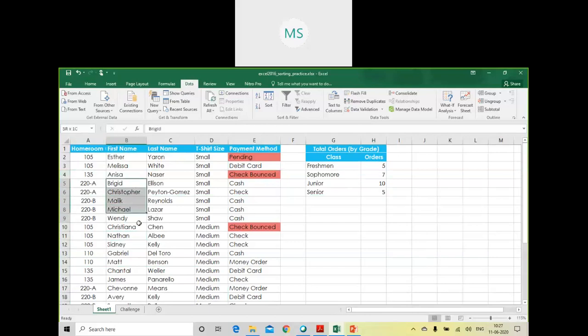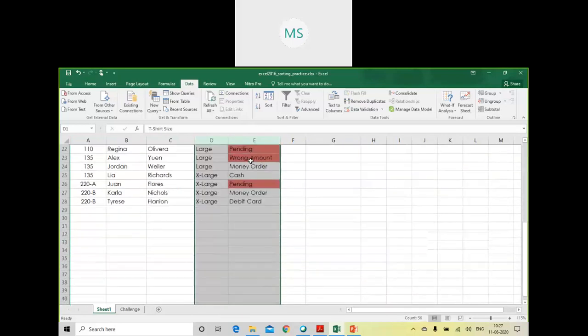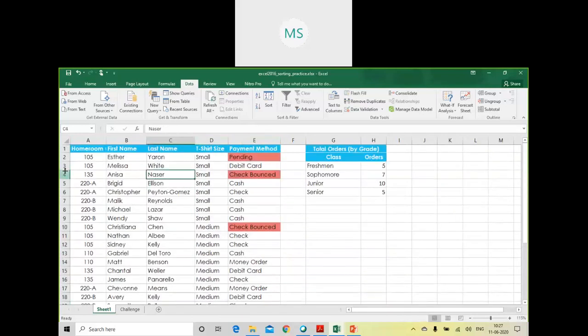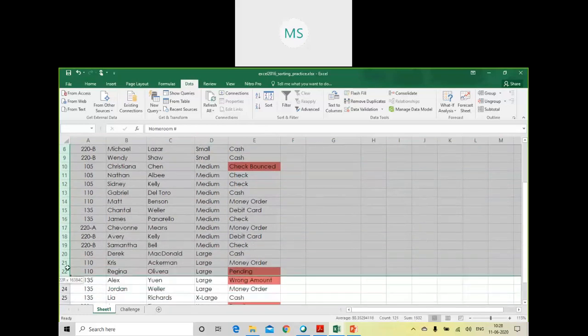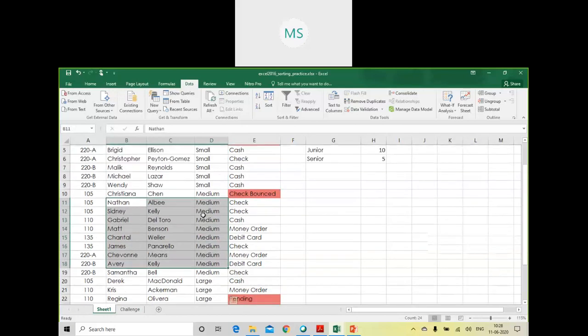What you can do, you just select a range of cells. So this is the range. This section if you want to group, you can do that. If you want to group this entire section, you can do that. If you want to group these two columns only, you can do that. The entire two columns will be grouped. If you want to group it in this way, you can do that. All rows will be grouped together, or just a subsection of a sheet can also be grouped.